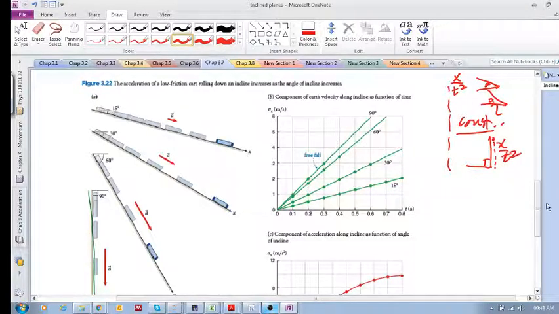Okay, so let's now look at more current ways. So here's again an experiment at different angles, 15, 30, 60, and 90. 90 is obviously free fall. At 15 degrees, we measure the velocity as a function of time. So at 15 degrees, you can see the velocity as a function of time is increasing, and you can see that it's constant. Okay, so at this inclined plane,